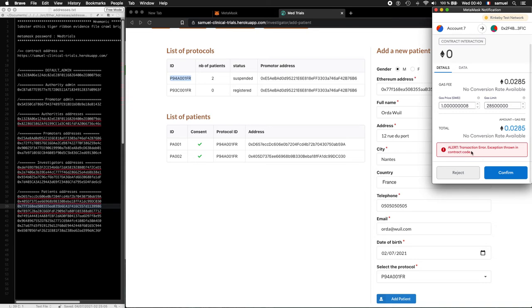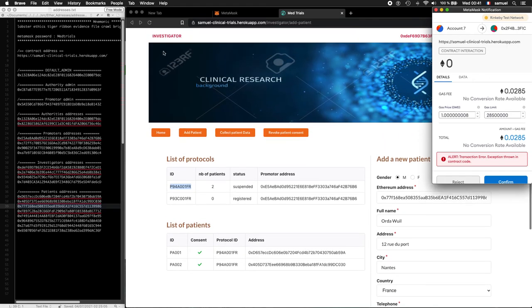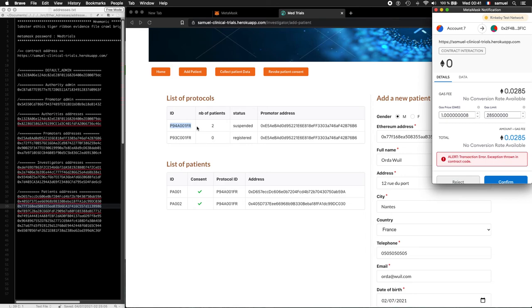And as you can see, we got a transaction error, and the contract has thrown an exception. This is because the contract knows that there are some side effects and suspended the clinical trial, and this investigator can no longer enroll new patients to this protocol, because the status is suspended.